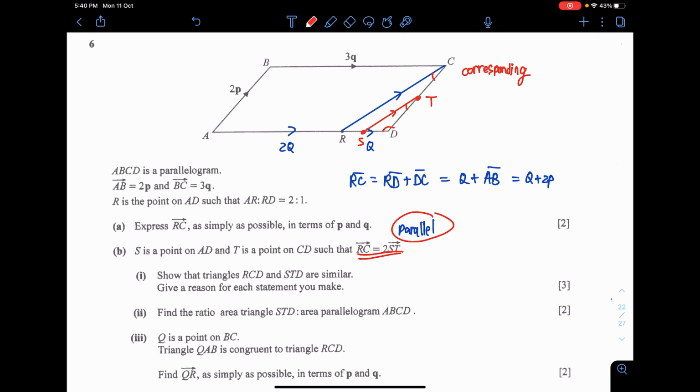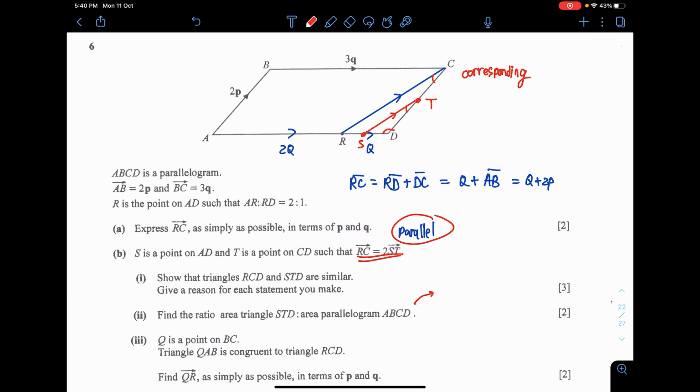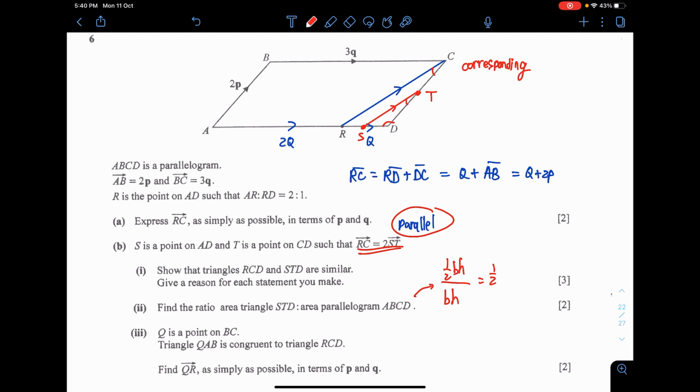Okay, fine. By no means are they similar. Am I right? So if I want the area, STD is half times base times height. The parallelogram is base times height. They have different base and different height. I know that. But what can we do then? Well, I can say that the base of STD is SD, or just the length of SD. Then the height is, let's just say, height h. Then the base of ABCD is AD, and the height is a bigger height, H. You know the parallelogram certainly has a different height, a little bit bigger.